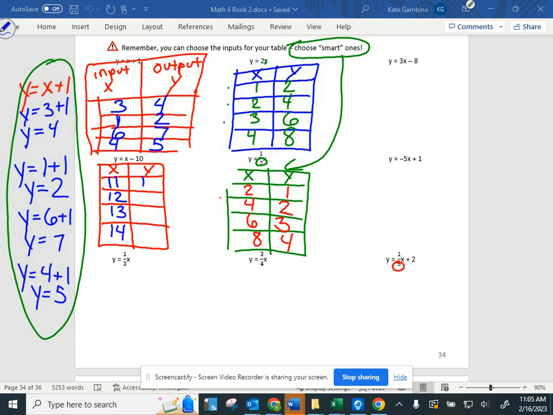11 minus 10 is 1. 12 minus 10 is 2. Right? If we chose to do the 1, 2, 3, 4,